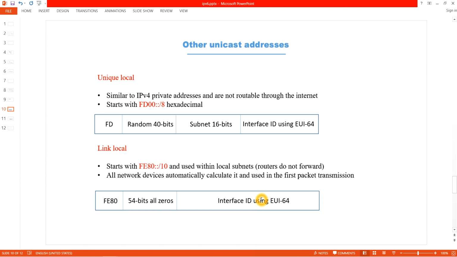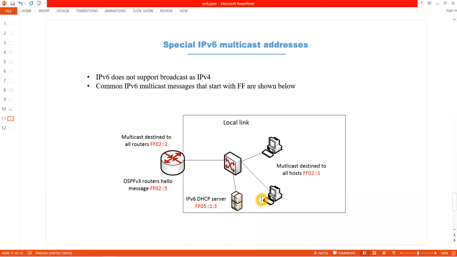So those are the three types of unicast address. In IPv6, we don't have a broadcast IP address. To send a message to a group of devices, we have multicast addresses, and some of them are more common. We see, for example, when using the NDP protocol, when computers want to send a multicast to all routers on the local link or the local subnet, they are going to use this